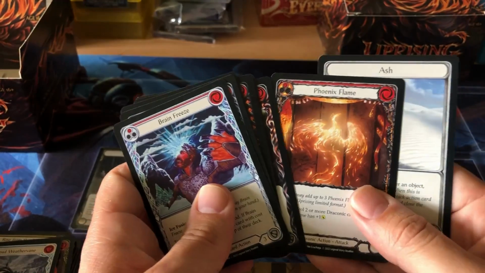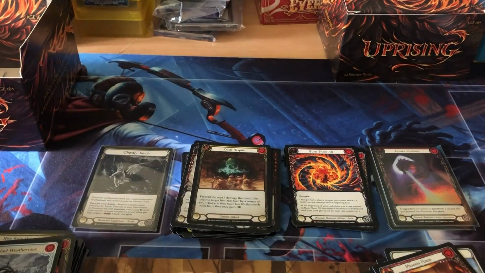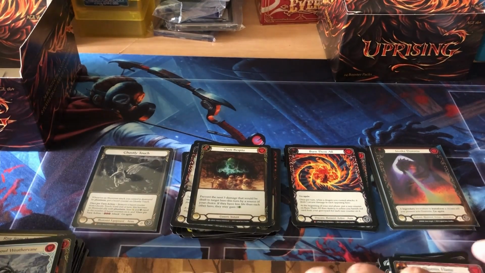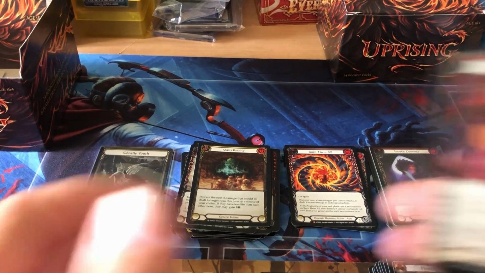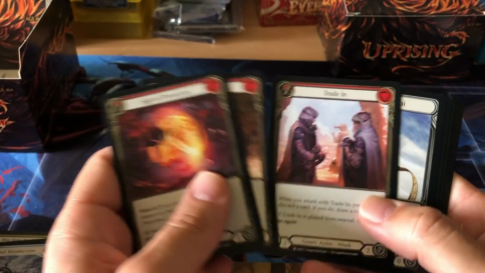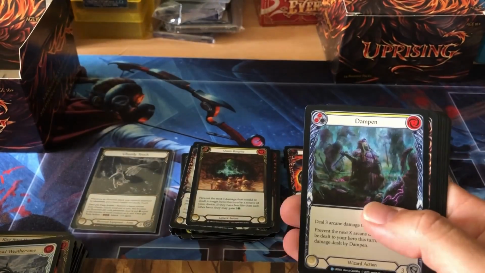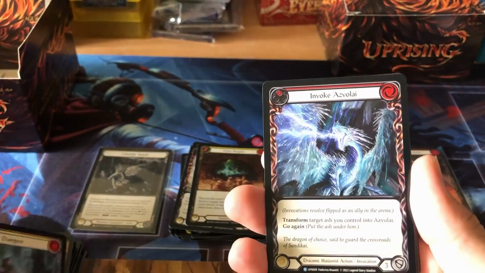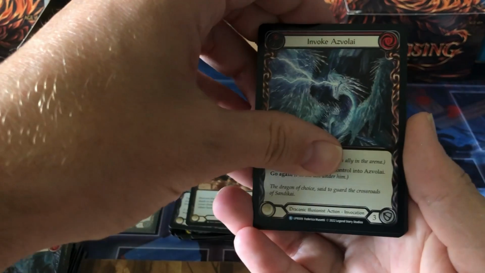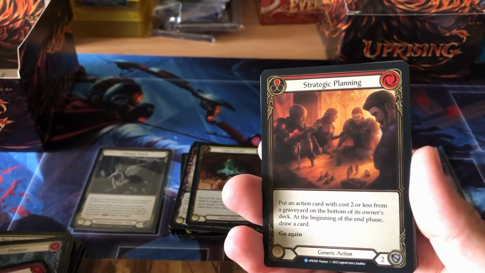Okay, so are we going to get a foil Majestic in the last pack, or are we having a 0 foil Majestic box? Just goes to show, if that is the case, foil Majestic should hold a good premium, because these can be quite difficult to get. Okay, let's see what we got. Dampen. Damp Squid. Invoke Azvalai. Do we have our foil Majestic? We do not. We just have a